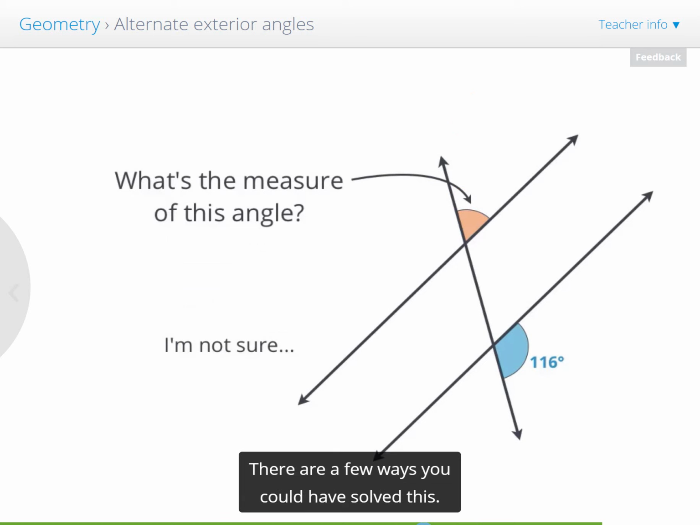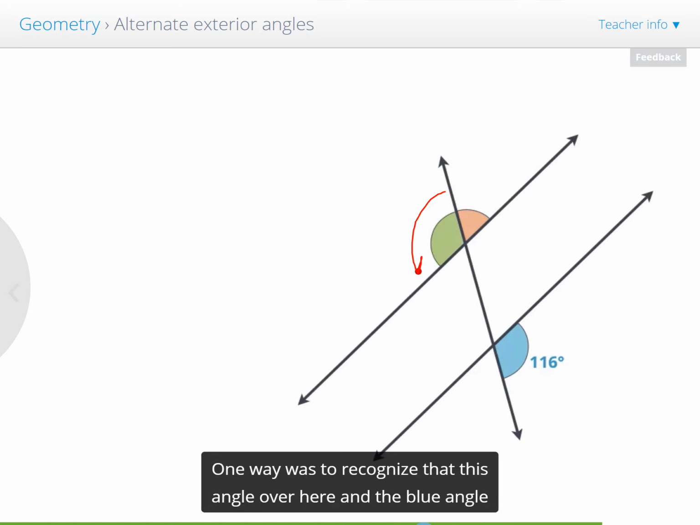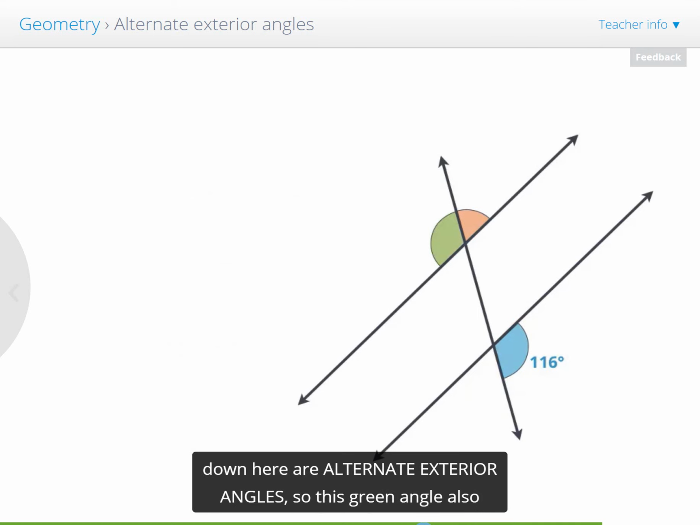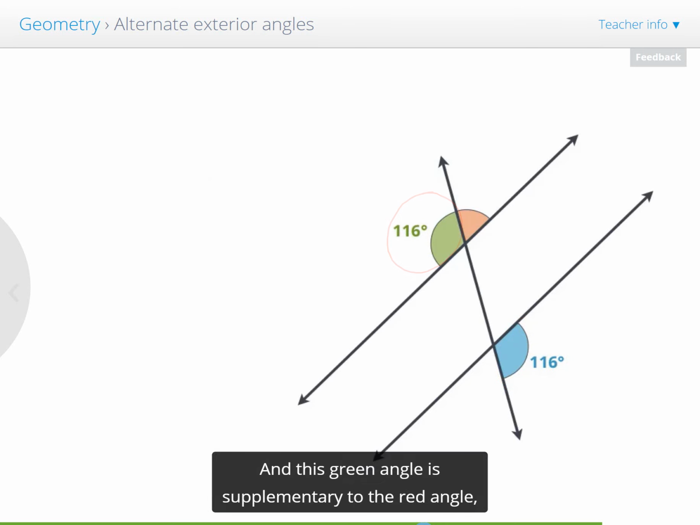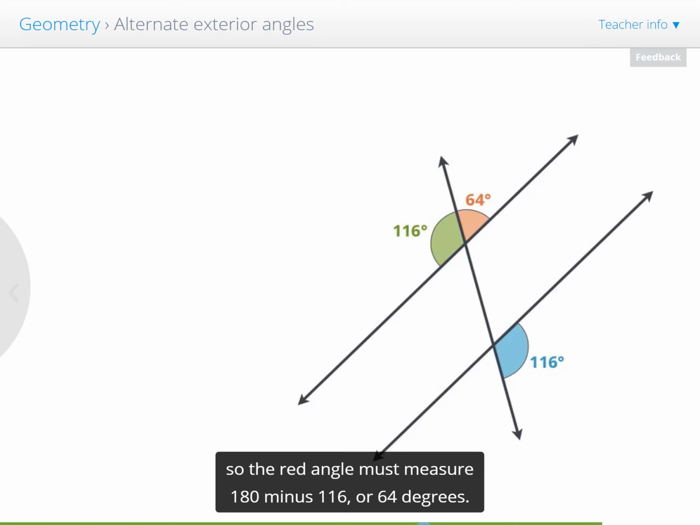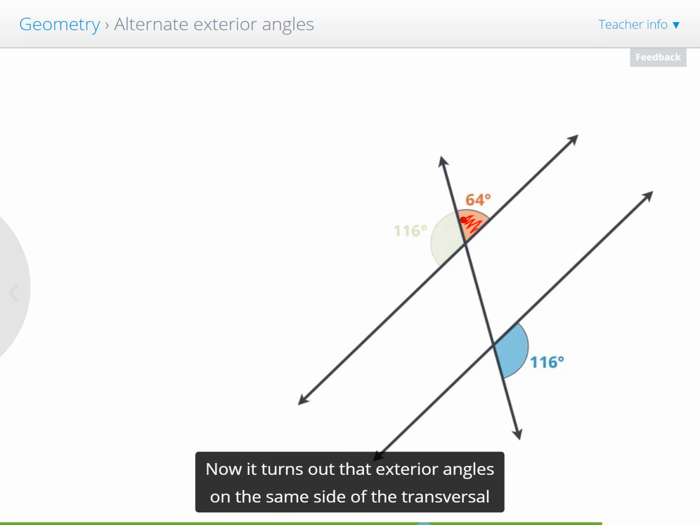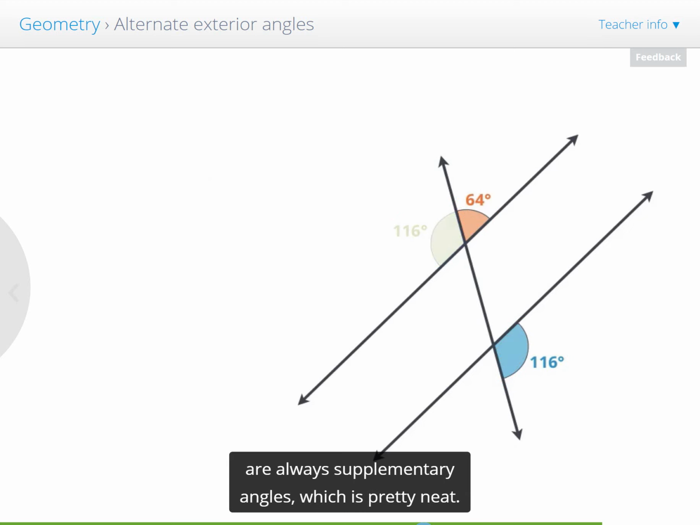Nicely done. There are a few different ways you could have solved this. One way was to recognize that this angle over here and the blue angle down here are alternate exterior angles, so this green angle also measures 116 degrees. And this green angle is supplementary to the red angle, so the red angle must measure 180 minus 116, or 64 degrees. Now it turns out that exterior angles on the same side of the transversal are always supplementary angles,